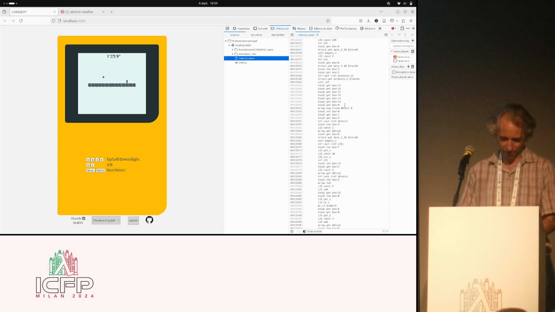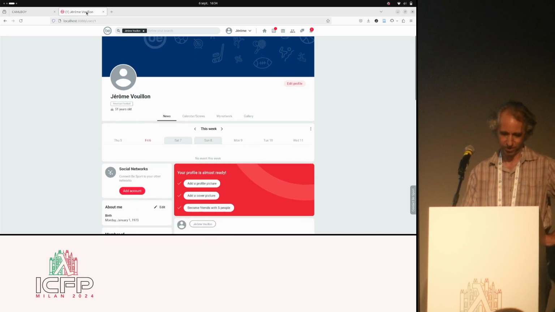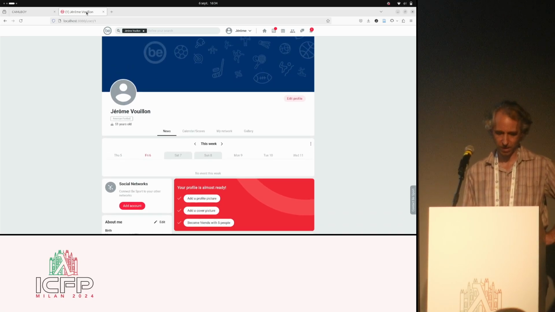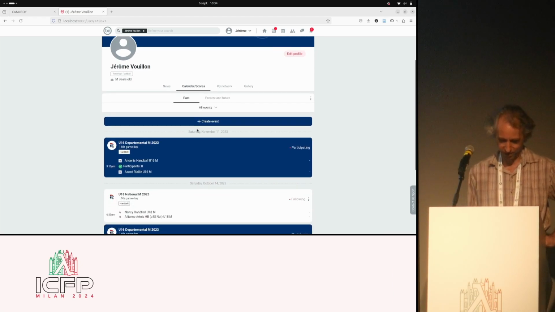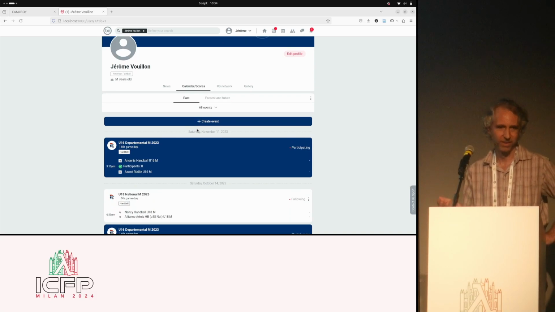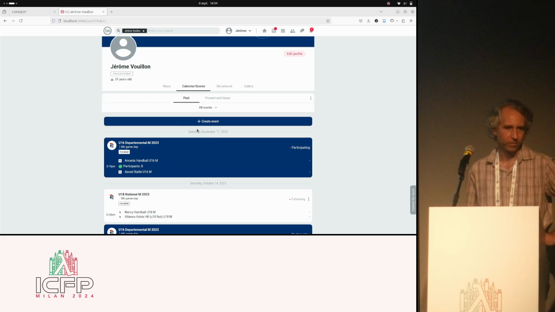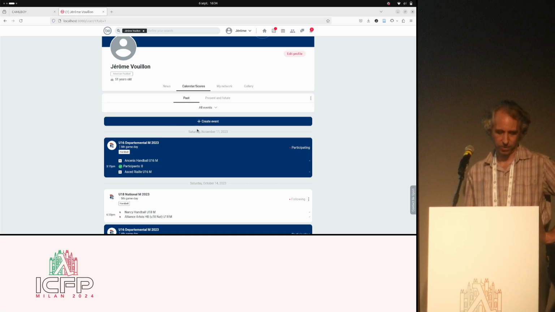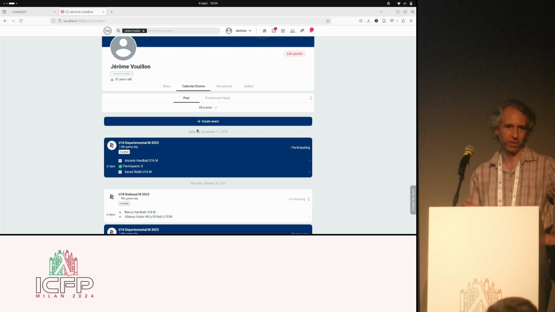And I can actually run a really large program. This is the BSport website, which is a kind of social network for sport. So you can keep track of all your sport events and things like that. It's about 100,000 lines of code, and the pages are generated client side. And it just worked with a few changes. I will come back to this later.